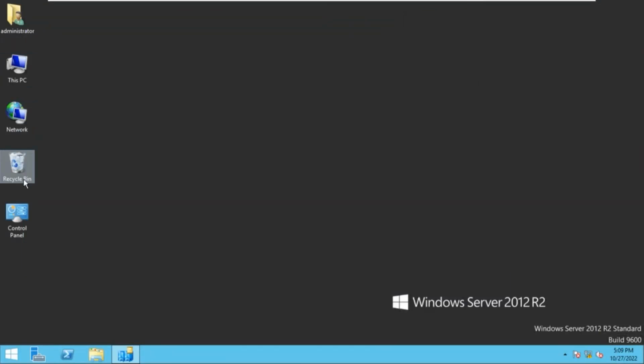Generally that recycle bin will store deleted files and directories. But in the domain model, the important thing is active objects like domain users. So when we delete domain users, will it be stored in the recycle bin? No. So for that, the Microsoft company has designed one console which is called Active Directory Recycle Bin, which is